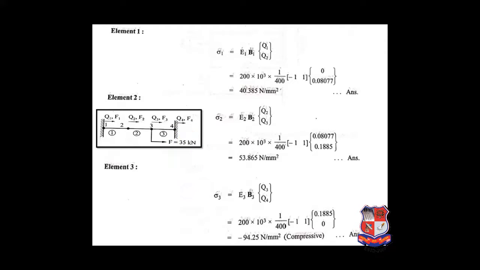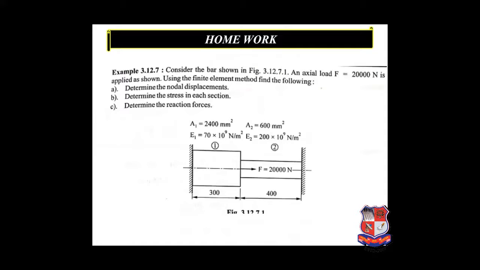So have you got it? This is the same example, but in the elementary approach we are eliminating 2 rows and 2 columns, so it will be a little bit easier than the previous one, but we have to identify the formulations. So kindly write down one homework, try it at home. If you have any query or doubt, you can ask me on my WhatsApp number, mail me, or video call me.